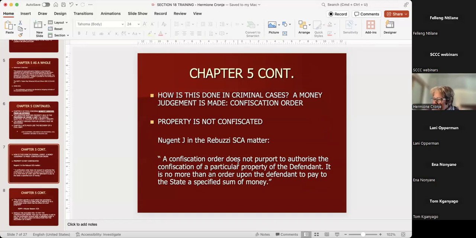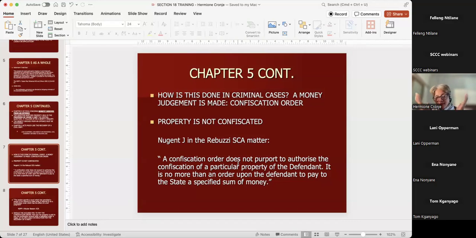But just to restate, while we are concerned with the benefit derived from crime, as opposed to Chapter 6, Chapter 5 does not actually require that we should still be able to locate the benefit. So for example, if I steal R1 million from a bank, for purposes of Chapter 5, whether I still have the R1 million in my possession or not is not a relevant consideration. It is a relevant consideration in Chapter 6, where you actually have to seize and bring before court